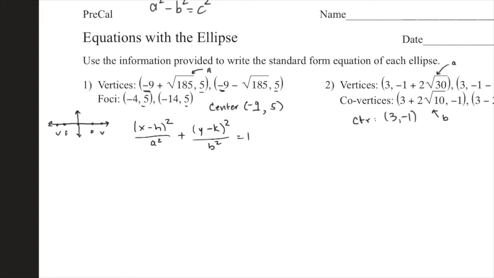If I have the center, A and B, I have everything I need, and that's guaranteed in every example. If you can get center H, K, A and B, you're done. Okay, make sure you know which equation you're working with, but other than that, you're done. Let's plug in what I know already. It's going to be X minus -9 squared over A squared. Well, I know what A is. A is the square root of 185, so I'm going to square that. 185 plus Y minus K, well, K is 5,